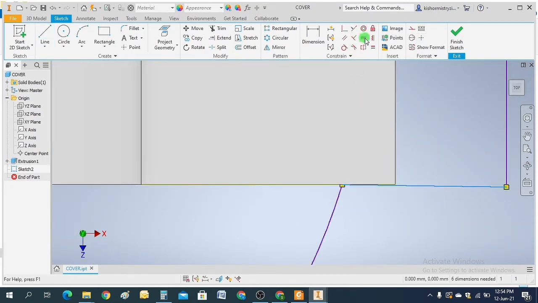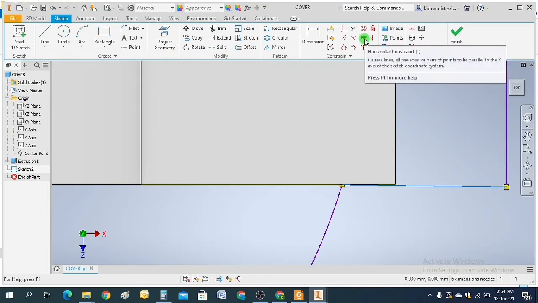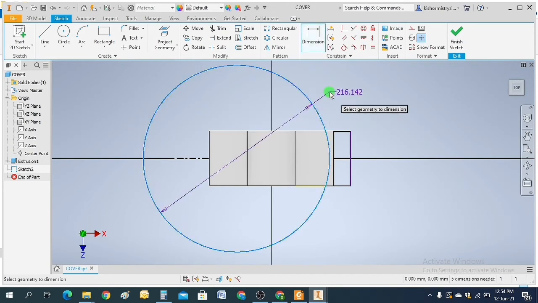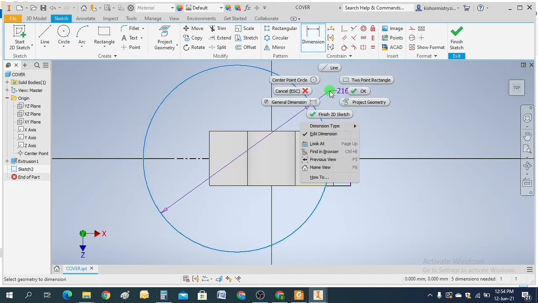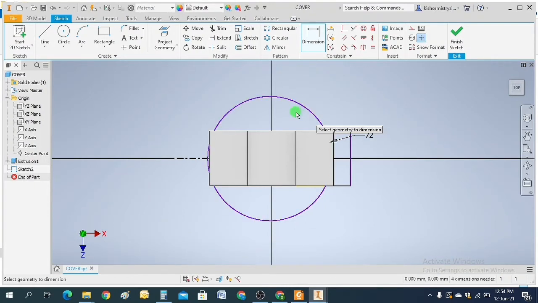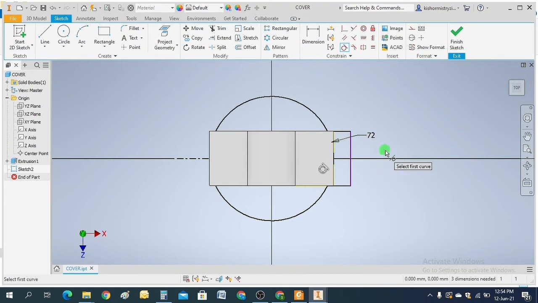Select the line, press horizontal constraint, and it will be horizontal. Give dimension, type radius 72. Make it tangent to this edge.